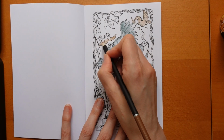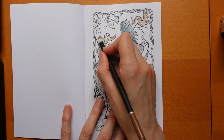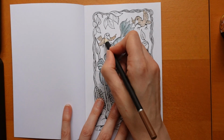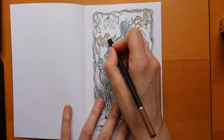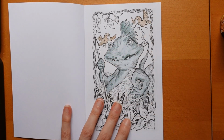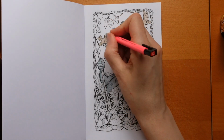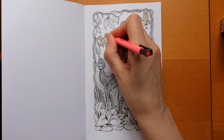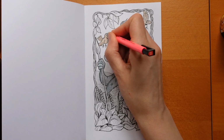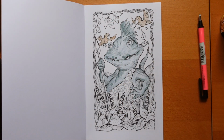Now, the Amazon paper, I find it's quite sort of average. It's quite thin, so need to be a bit careful. Oops, I went over the white of the eye then. That was not intentional. I don't know how well these are raised. Let's have a look. Not really, never mind. And I want a sort of yellowy colour for the